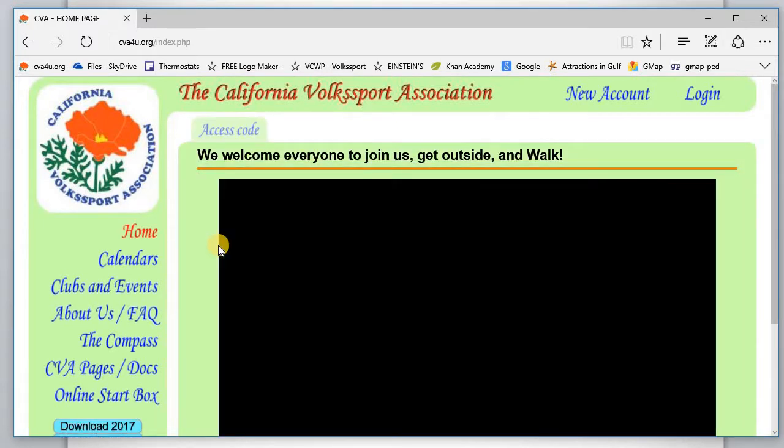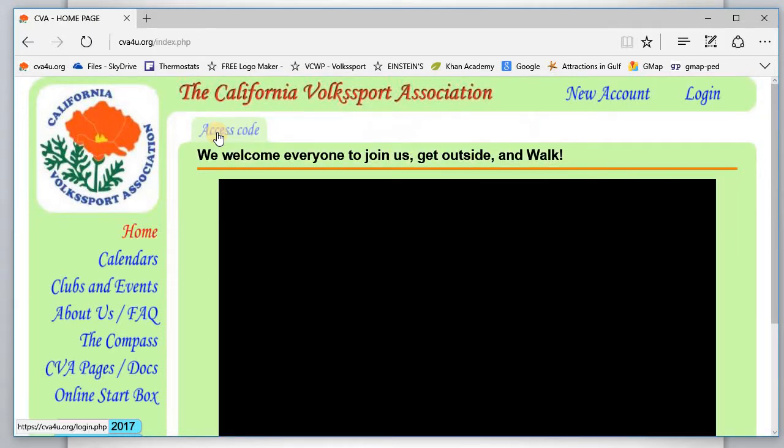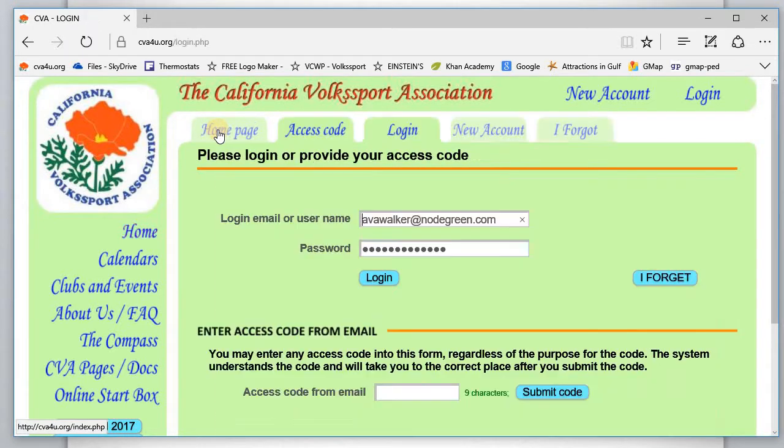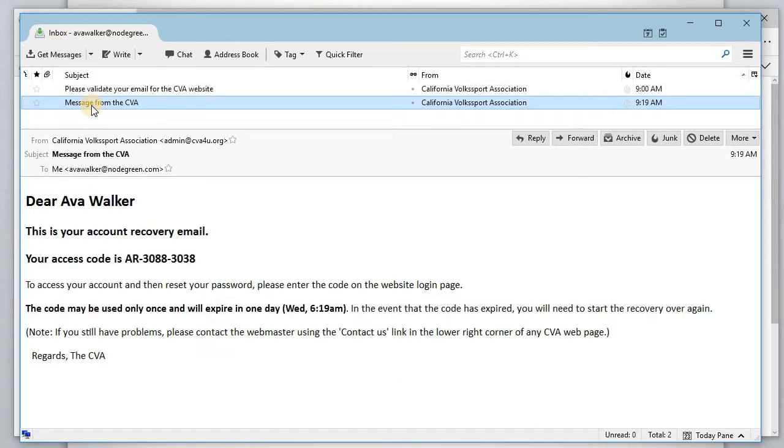So now we'll go to return, and we're back here, and we should enter an access code. And again, remember my password here, but to get this access code, we have to go check our email. And again, I'll bring up the site, and this is the message that we got when we created the account. I want to see if I got a recovery, and sure enough, here's a new message from the CVA saying here's your recovery email. And again, we've got an access code,